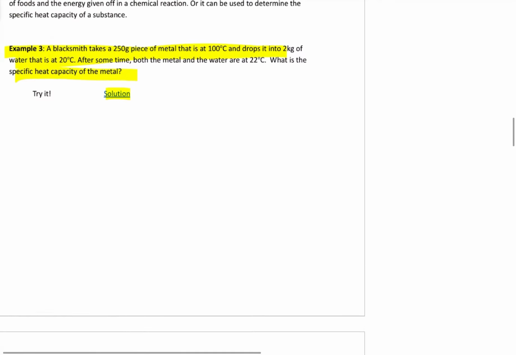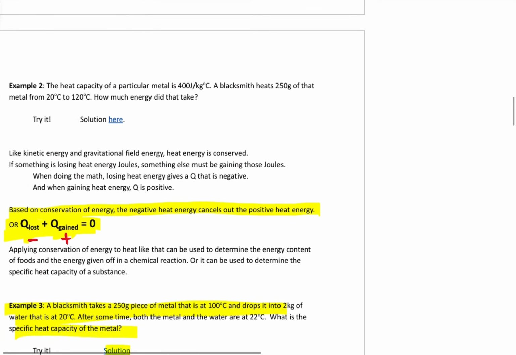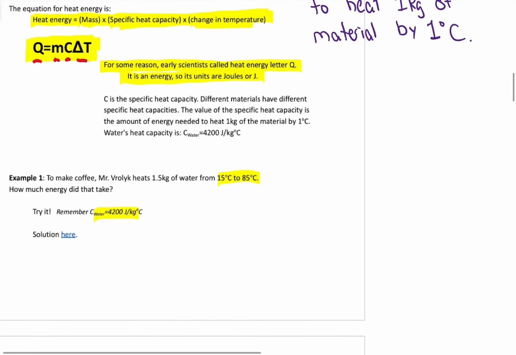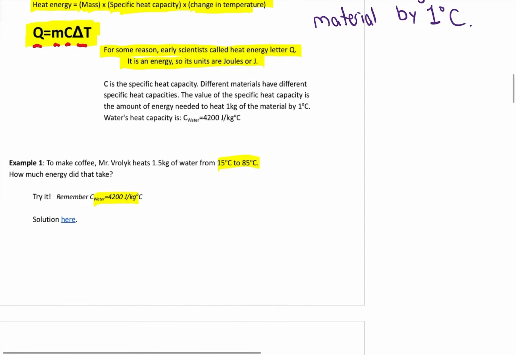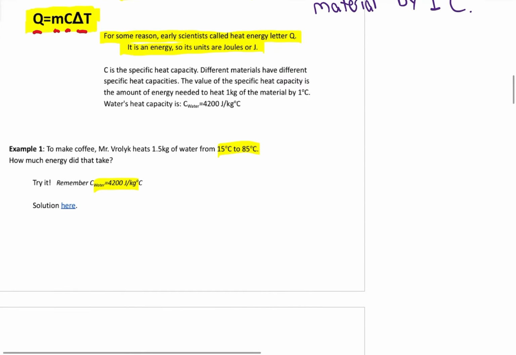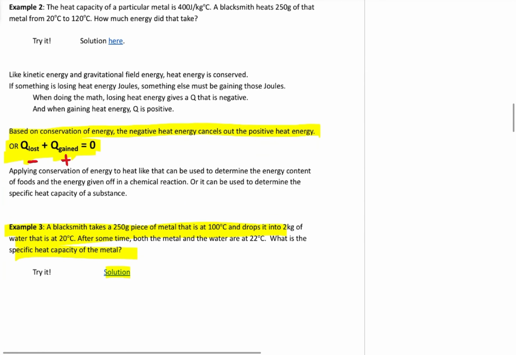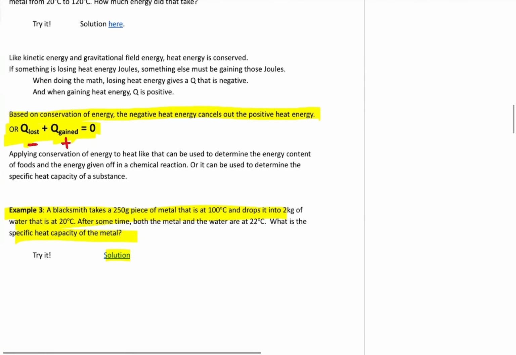There is a part 2 to heat energy, so this is where I'm going to pause this video. Basically, heat energy is mc delta T. C is this cool specific heat capacity. If you think back to grade 9 science, it's a physical property. Each material would have its own C. And if I tell you 3 of those things, you should be able to calculate the 4th. And since heat is an energy, it's also conserved, so we can do some cool stuff with conservation of energy. That's where I'll pause this one.